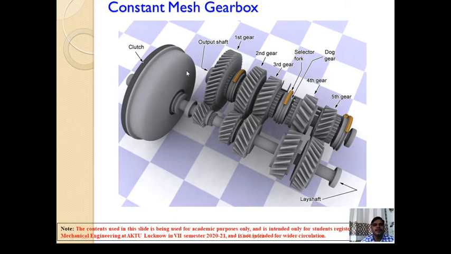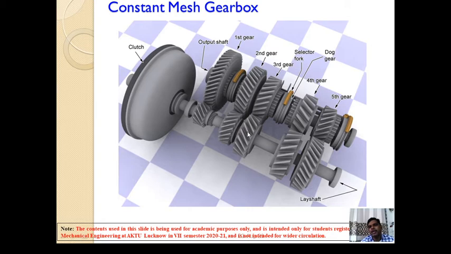So this is the clutch fitted with the engine. This is our lay shaft that we have seen in the last lecture also, the counter shaft or lay shaft. We can see here that in the lay shaft all the gears are directly attached. These gears are an integral part of the lay shaft. The drive may be transmitted to this lay shaft all the time by using a clutch gear. This gear is the clutch gear.